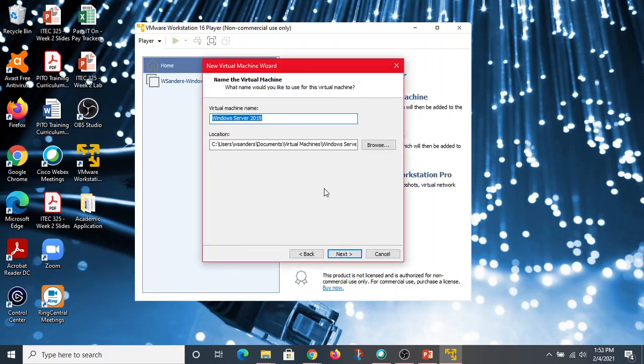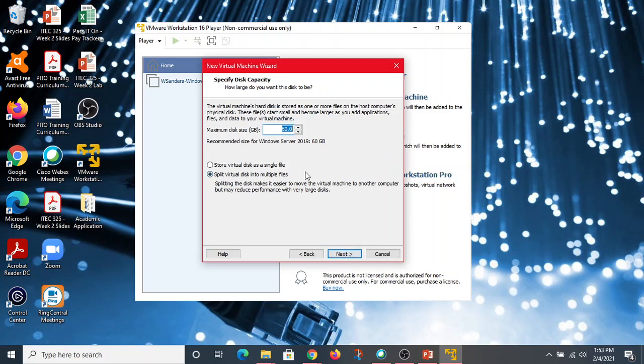You notice it kind of prompted me about not having the license key, but it allows me to move past that. So now it's moving into trial mode at 180-day trial. Same naming convention is going to apply here. First initial, last name, and then dash, and then the name of the operating system. So Windows Server 2019. Next,